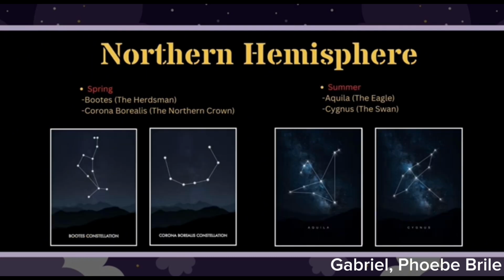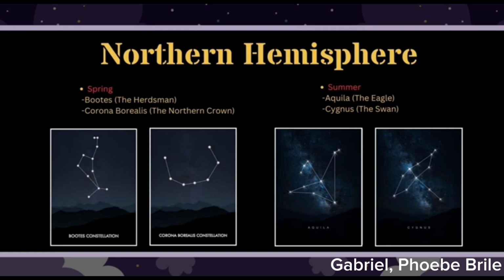For the spring, let's have the Bootes or the herdsman. It is shaped like a kite or an ice cream cone. It has a bright orange star and represents a herdsman or a plowman in Greek mythology. It is near the Big Dipper in the northern sky. For the Corona Borealis, it is a semicircle of stars resembling a crown. It has a bright white star, represents the crown of Ariadne from Greek mythology, and it is located between